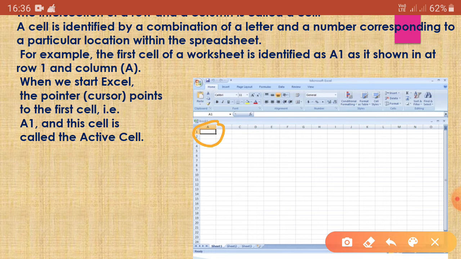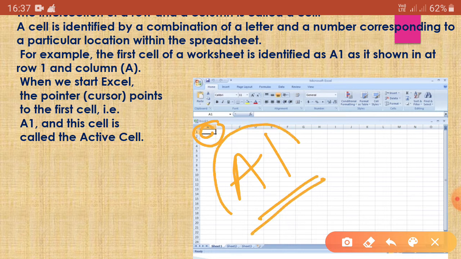For example, suppose this is the cell. What will be the address of this cell? Under which column is it? That is A, and row number 1, so the address will be A1. So A1 is the active cell.